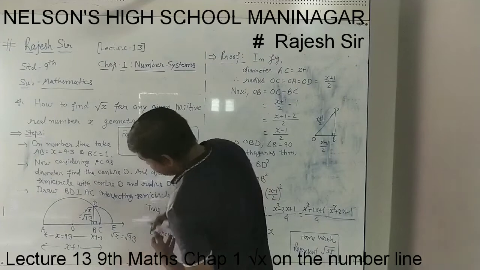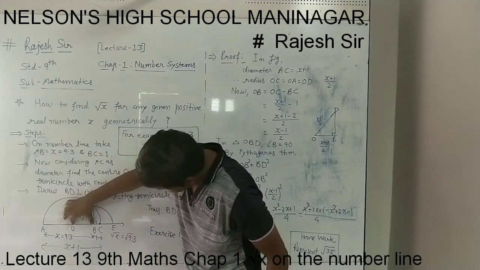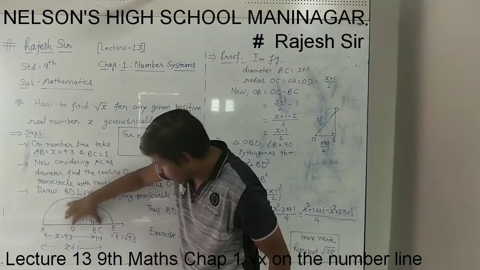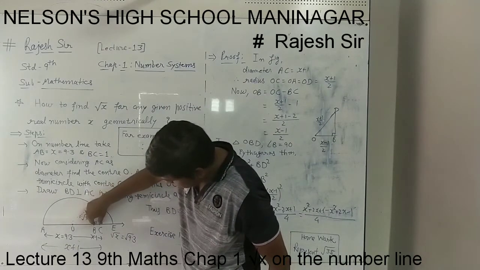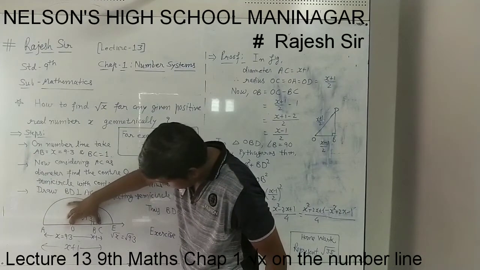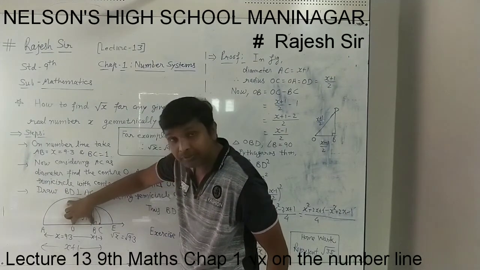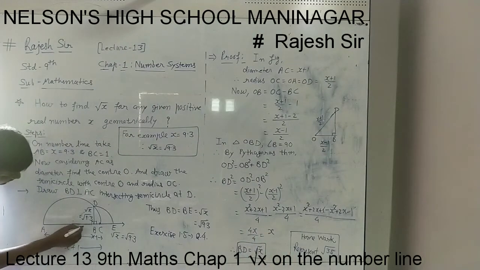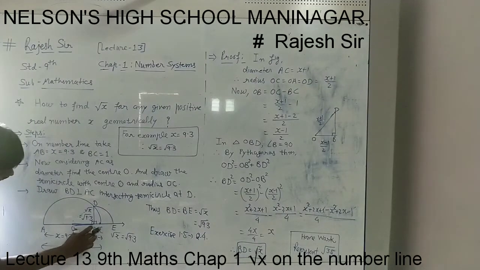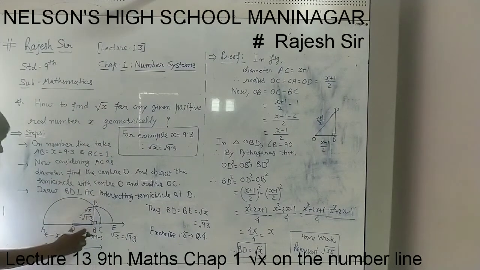If you want this length OB, what do you have to do? Now OC whole, this length, O to C. From that, if I subtract BC from OC, I will get OB. Again, we want this length OB. So we take this full length O to C and subtract from it this smaller part BC, and you will get OB. So that is written there: OB equals OC minus BC.